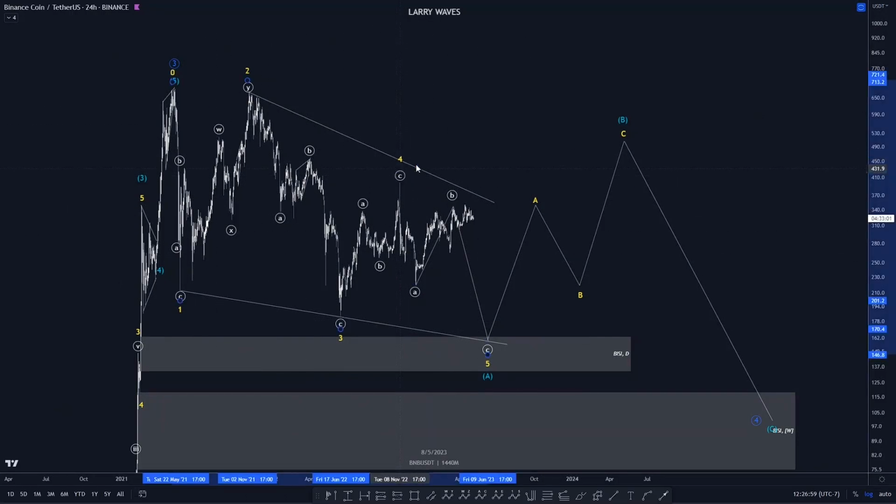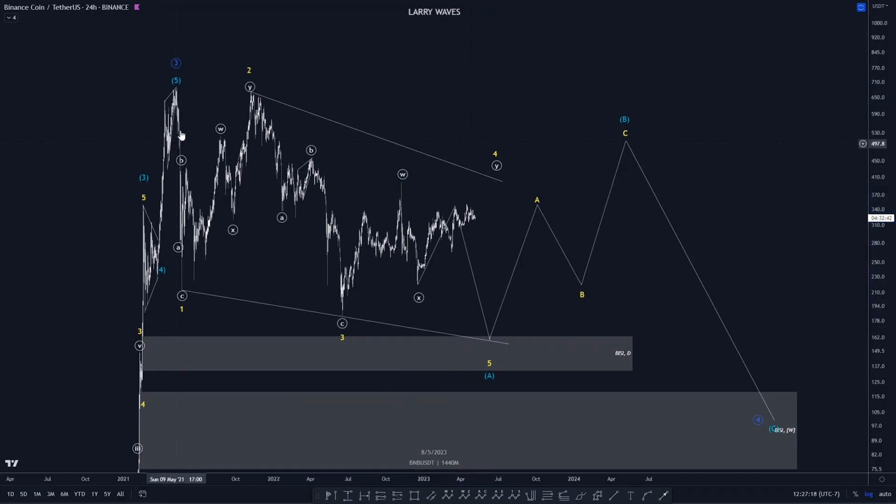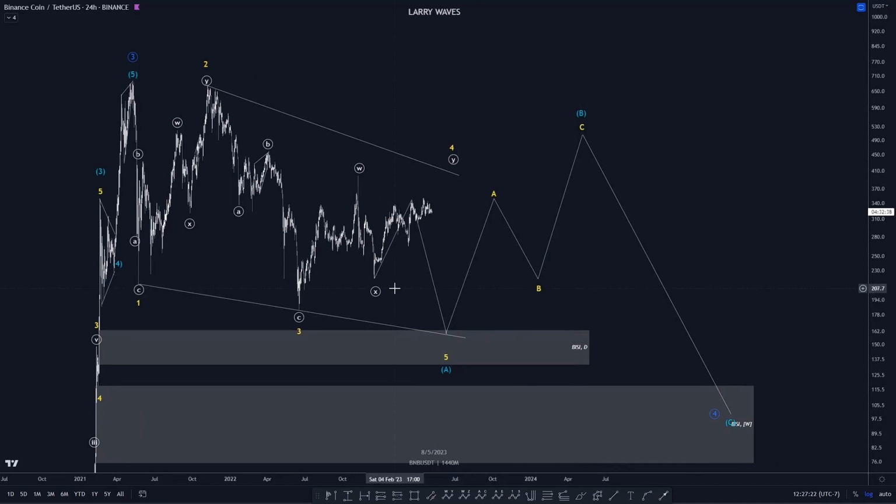We could basically move this over. There's no doubt about that. We could say that this is a W, X, Y forming right here. It could even push up and we'd still be okay with that. But I think we're really forcing this leading diagonal to be a very extended A wave potentially. So I think it's something that, like I said, we may just have to throw out,